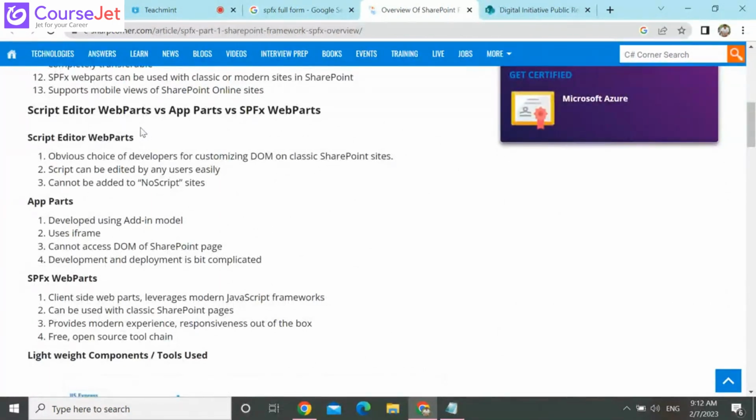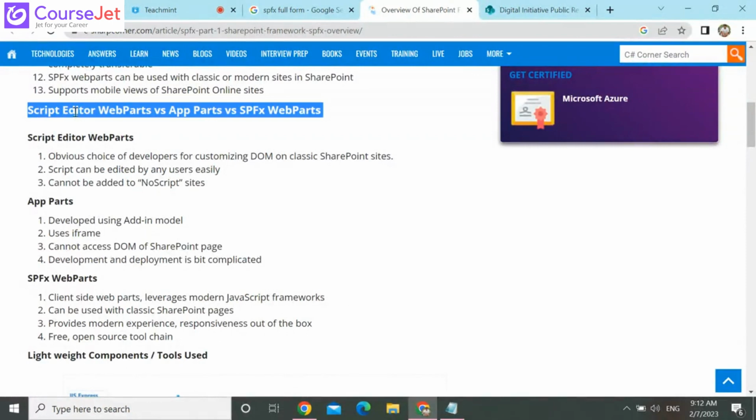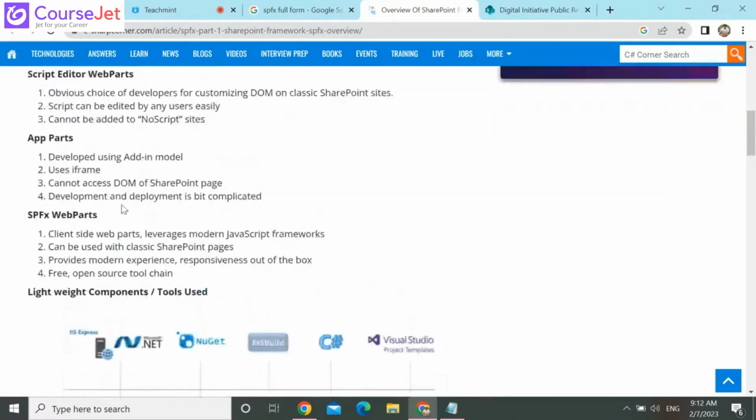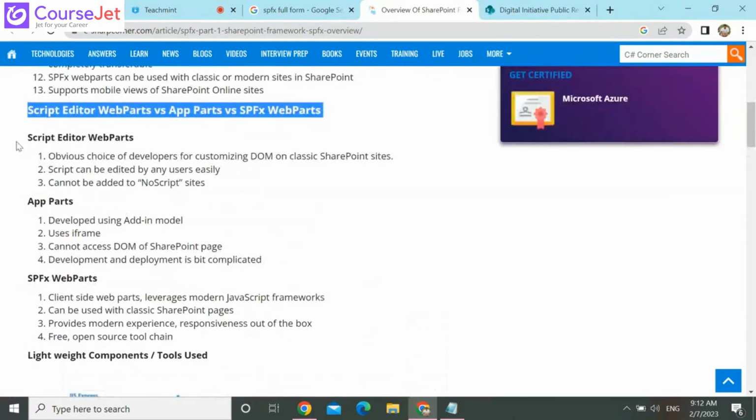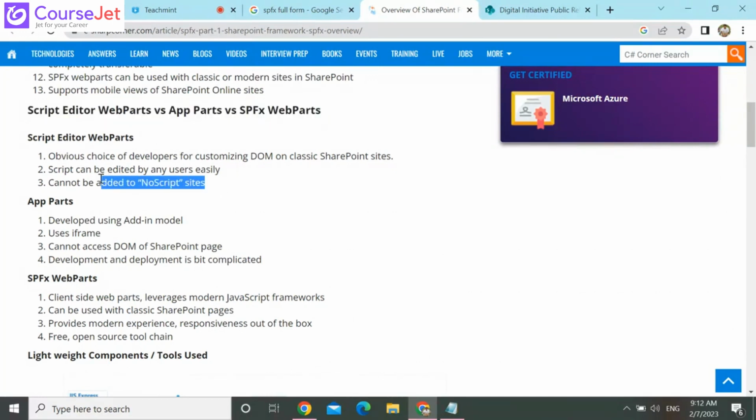There are three options available in SharePoint. The first is the Script Editor web part, as we saw in the beginning when we tried to implement it. We add the Script Editor web part to the page, and from there we can directly add the script. The only disadvantage here is